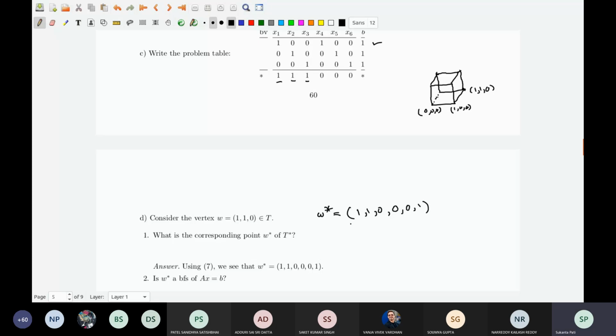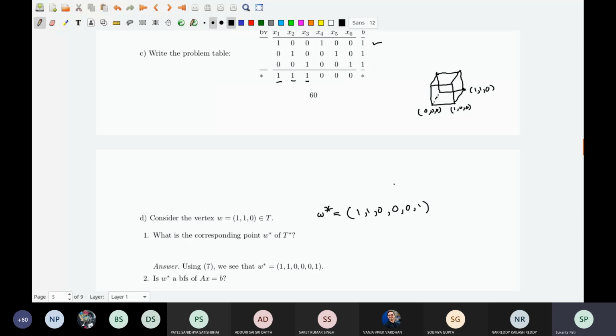How? Now, if you want to see that this is a BFS, one theorem we have already proved, I mean, it is an exercise though, that a vertex of this one will correspond to a vertex of that one, and a corner point of that one will correspond to a BS, the basic solution, but not feasible. Okay, so outside corners will correspond to basic solutions. Inside corners, that is vertices, will correspond to basic feasible solutions. We have seen in an example, and an exercise was there also.